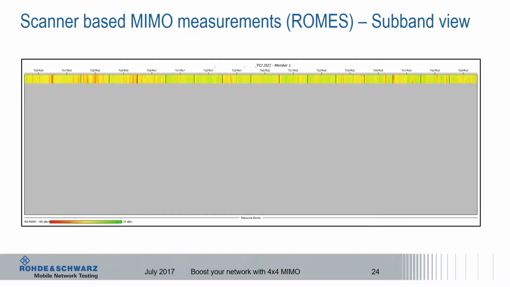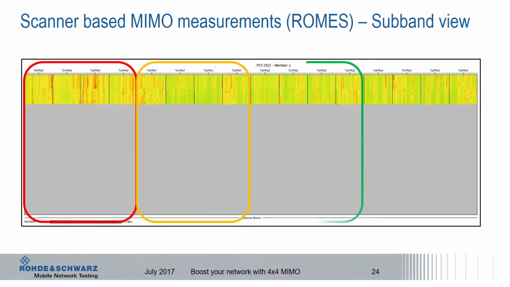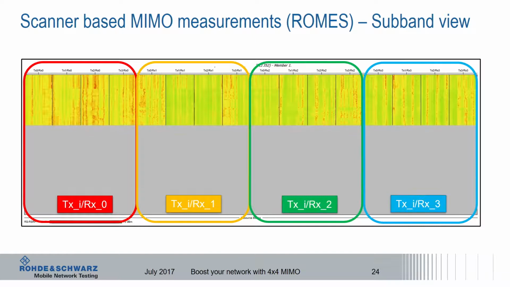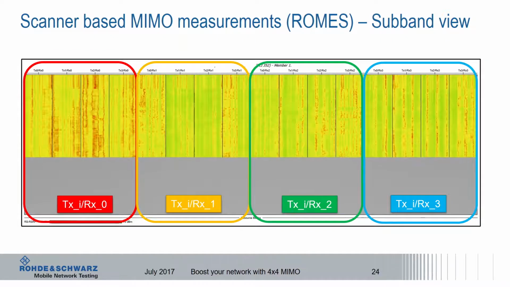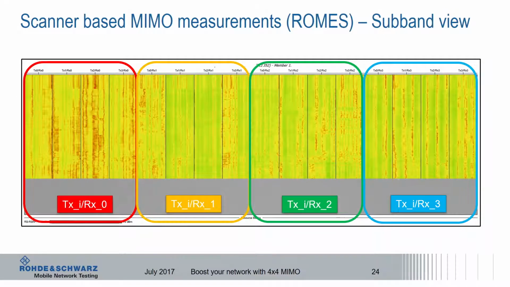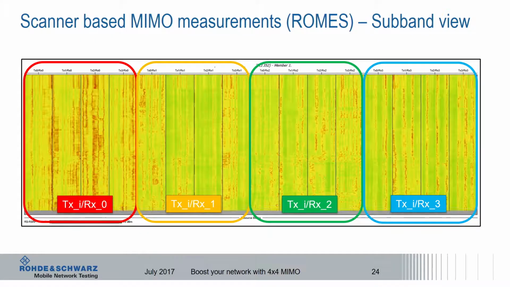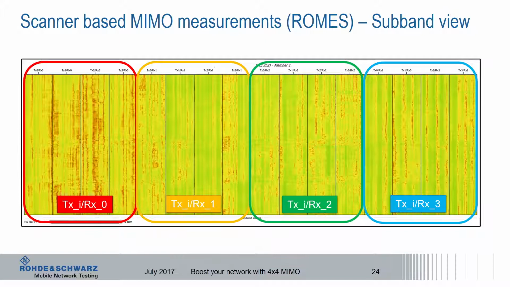The next view will show you that you have to measure all the combinations from the 4 TX paths and the 4 RX paths. Therefore, you have to look at sets of always 4: each individual receive antenna is measuring all 4 TX paths. In this waterfall diagram of the subband view, you can learn a lot about your MIMO channel. If you see on the left-hand side some red blocks, that means in this particular band for this particular receive antenna, MIMO is not so good as compared to the others.